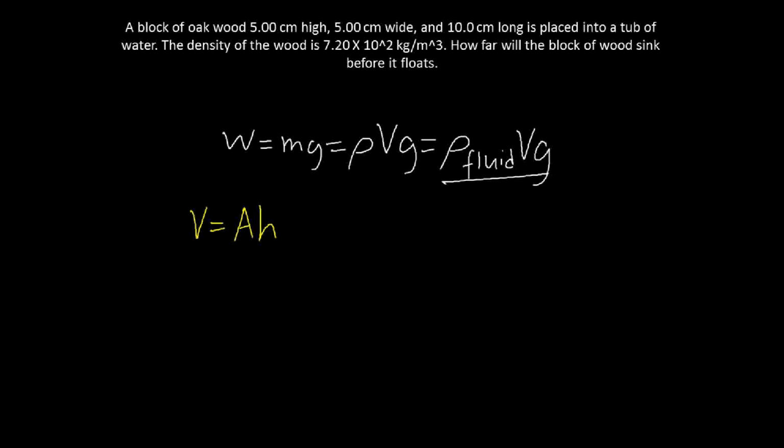W is equal to the density of the wood, that is 7.2 times 10 raised to 2,